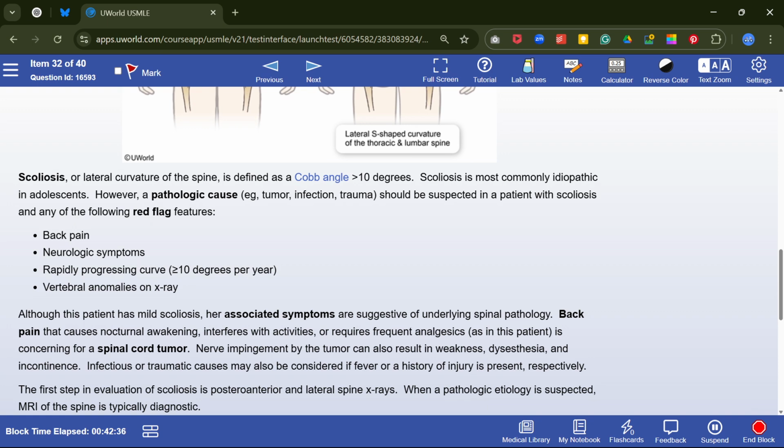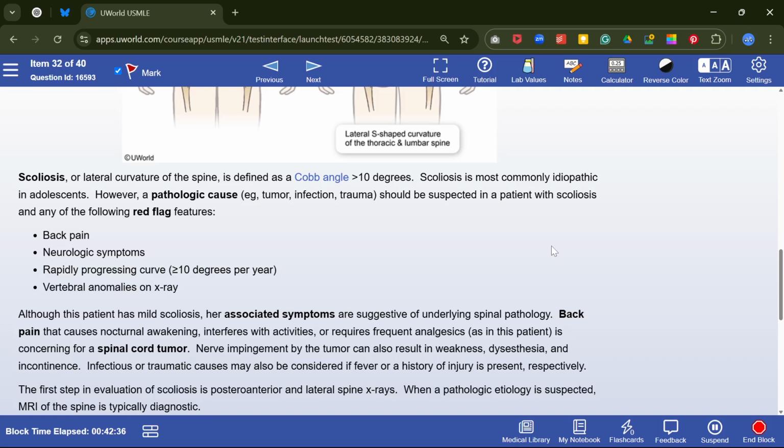Okay, scoliosis. The lateral curvature of the spine is defined as a curve angle of more than 10 degrees. Scoliosis is most commonly idiopathic, in adolescents. However, a pathologic cause, such as tumor, infection, or trauma, should be suspected in a patient with scoliosis and any of the following red flag features: